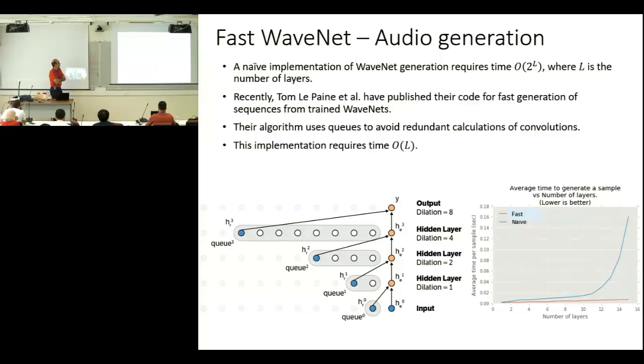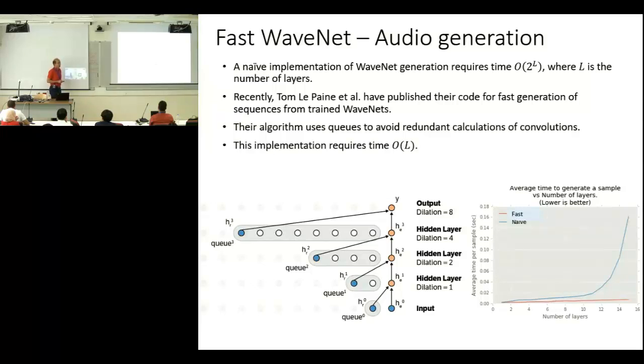If you try to produce speech using the whole network as it is, in order to generate 3 seconds of speech, you will need 1 or 2 days. So it's very impractical. An algorithm appeared very quickly after the original WaveNet paper was published. It was from a PhD student, Tom Le Paine, which says we don't need to recalculate everything in every time step. We can cache some previously computed values and just compute this one and use the cached value and sum these two in order to have this output here.